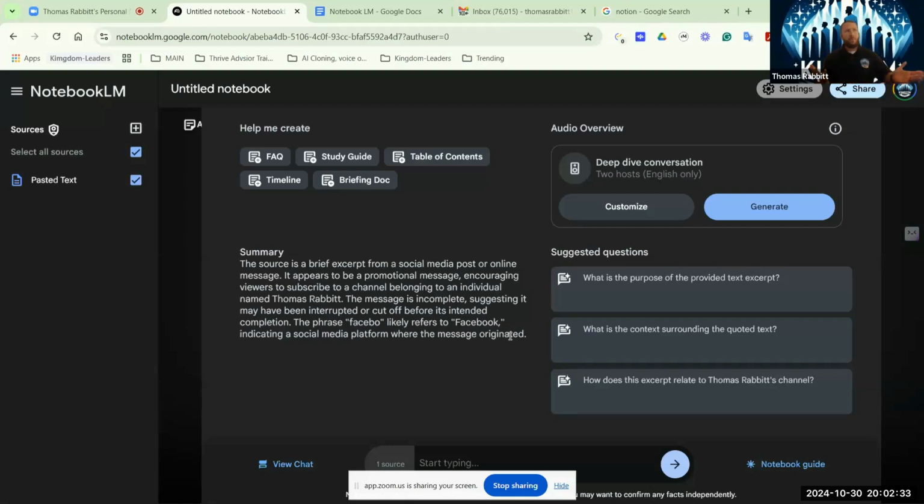So you can have 8 departments, and all 8 people give their department's information on how you would operate when it comes to customer service, regular policies and procedures, a company handbook, whatever it is. Everybody can add, and then you can go here and just put study guide, table of contents, and it's done. You can create a timeline, frequently asked questions.